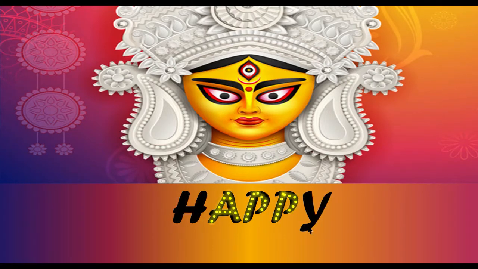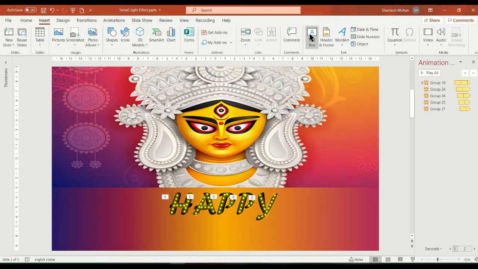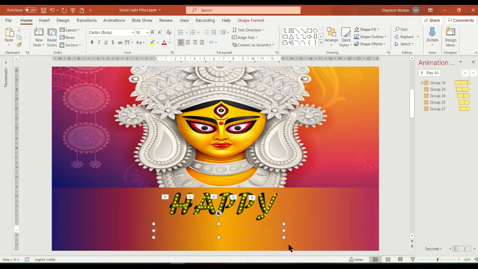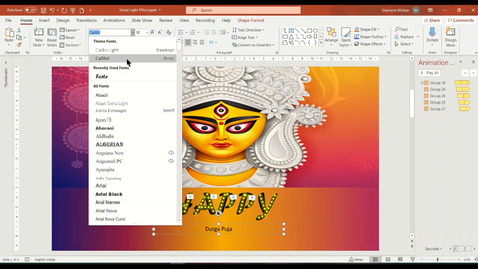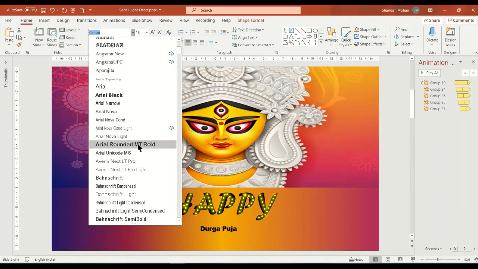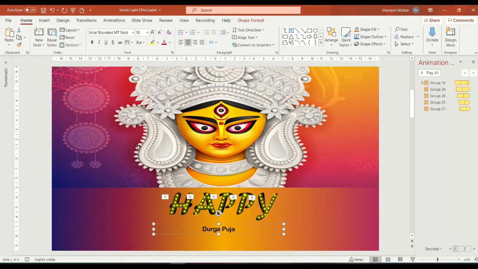Let's add one more text box. We'll type Durga Puja, align center. We'll take some other new good font, maybe this one. Increase the size.